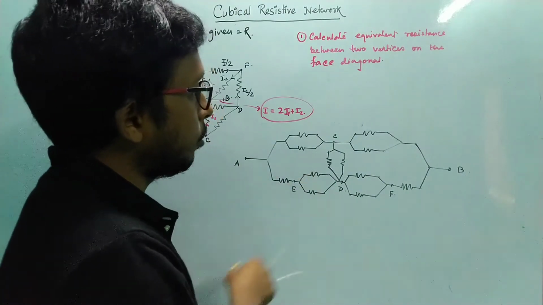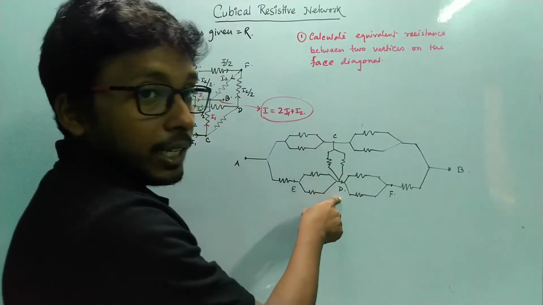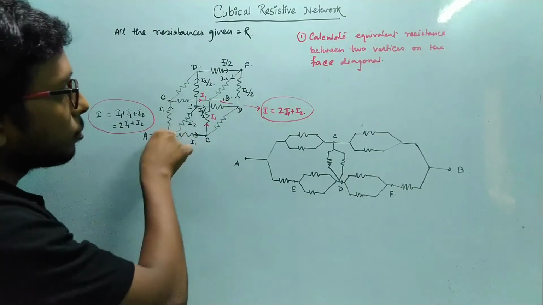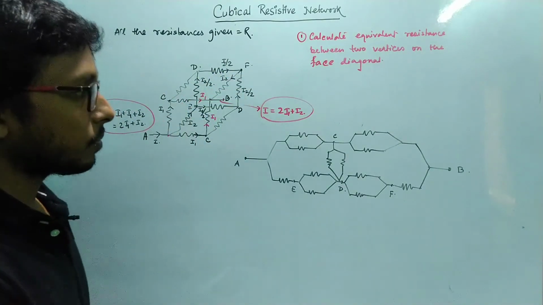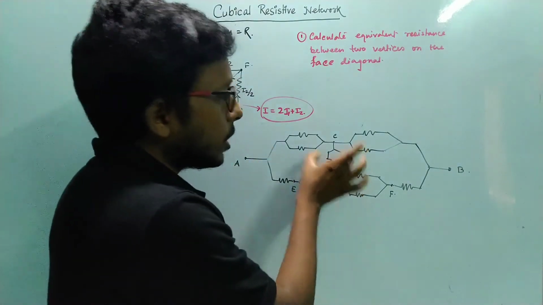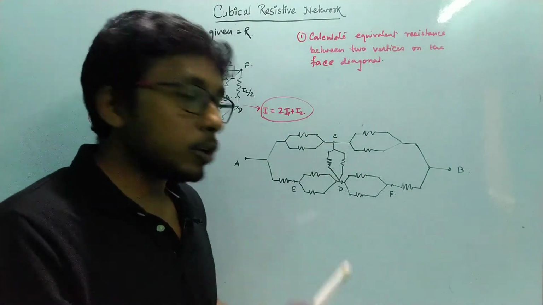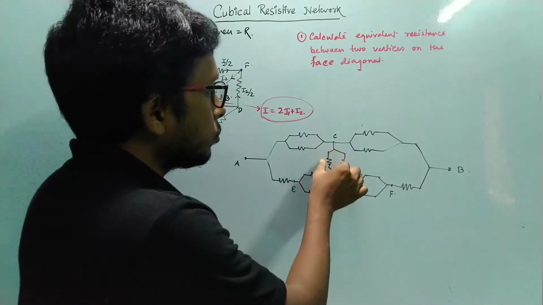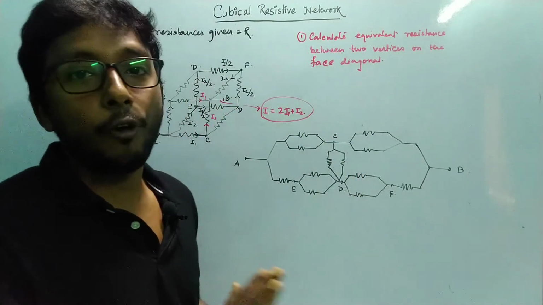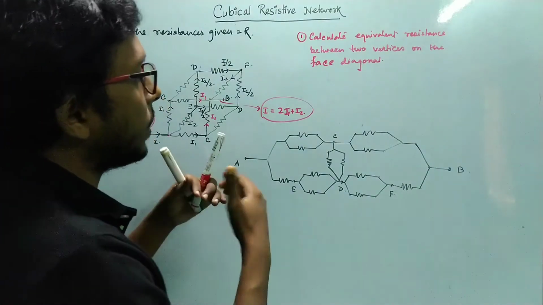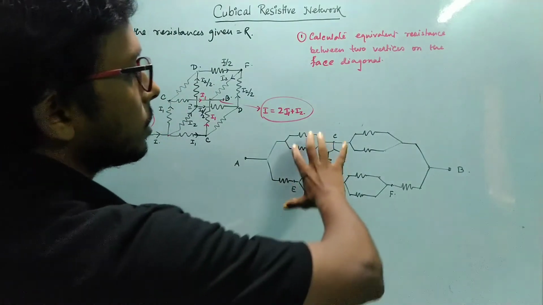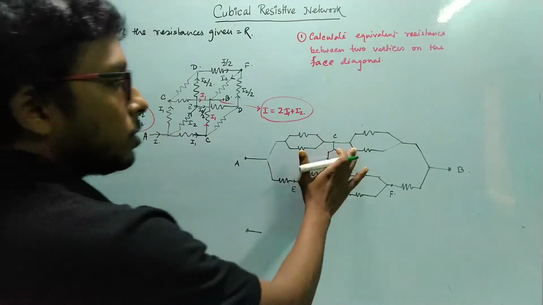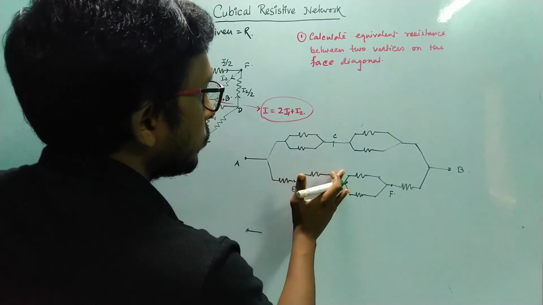So no current will be passing through C and D, which I also got when I was calculating the current through these segments. So you can put these two resistances on the circuit, or you may not put them on the circuit, you will get the same result. So these two resistors are actually false resistors. The circuit is very simple now. Just calculate the effective resistance. These two are false resistors, so I am omitting these two.